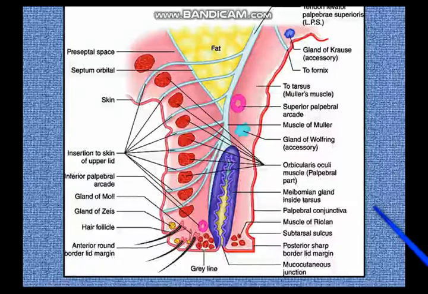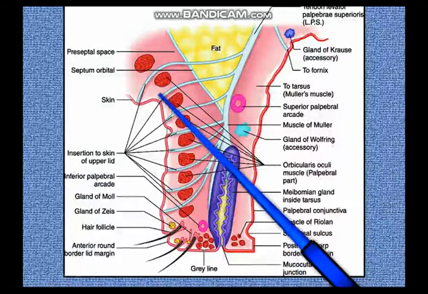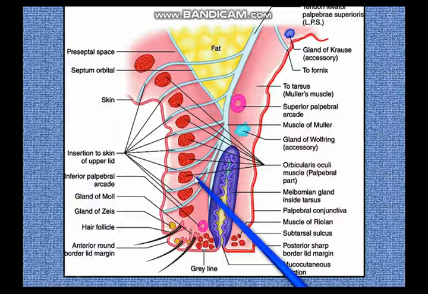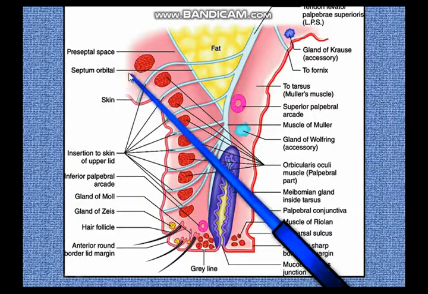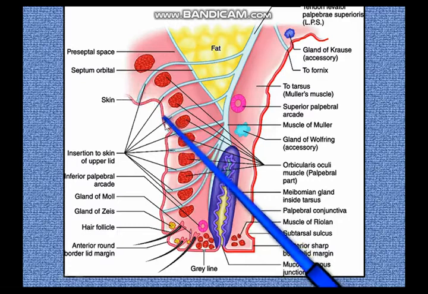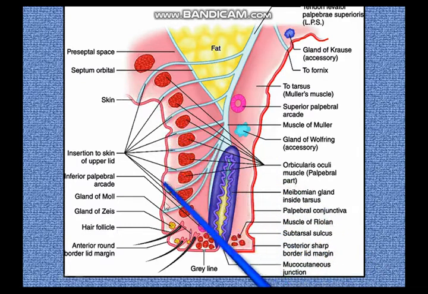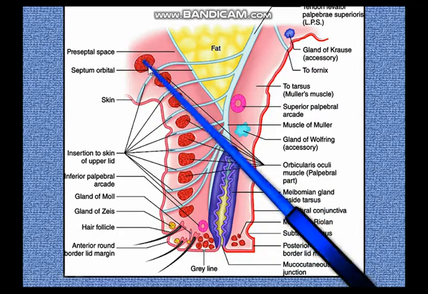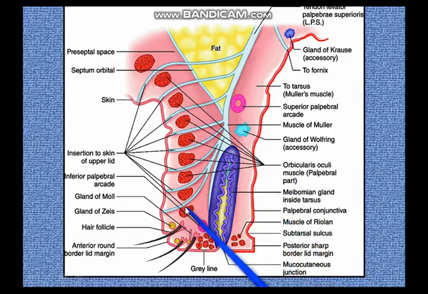And in this diagram now, this is a clearer schematic. It is in many respects better than the previous one. So again, in this schematic, you can make out from anterior to posterior the different layers of the eyelids. You can make out the skin, the fibers of the orbicularis oculi, the eyelashes and the hair follicles, and the sweat glands and the sebaceous glands, the glands of Moll and Zeis. You can see the sebaceous glands here and the ciliary attachment.